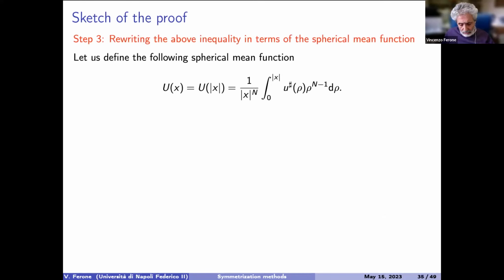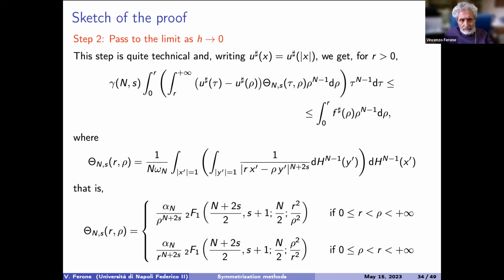So now there is the last point. We have this inequality where there is involved a symmetric function. Now, for the solution of the symmetric problem, you will have V instead of this u sharp and equality here. Now, can we state a comparison between u sharp and V? So this was not so easy.